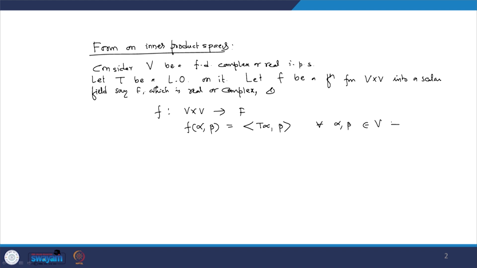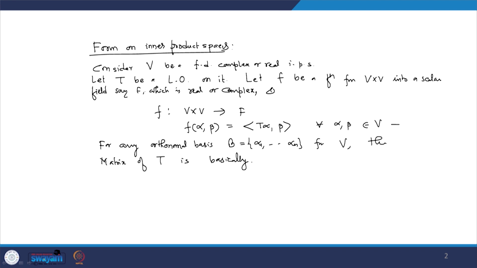So, if I define a function like this, for this function we will see that for any orthonormal basis B equal to alpha 1 to alpha n for V, the matrix of T can be written as f of alpha k, alpha j is equal to ajk, where the matrix representation of T with respect to this orthonormal basis, if we assume the matrix A which is equal to ajk, then we will be able to express the matrix representation of the operator T